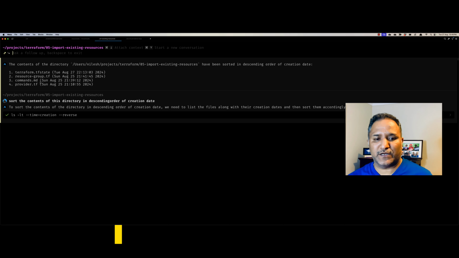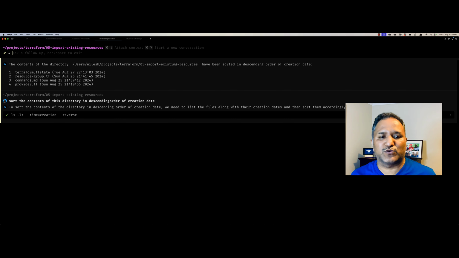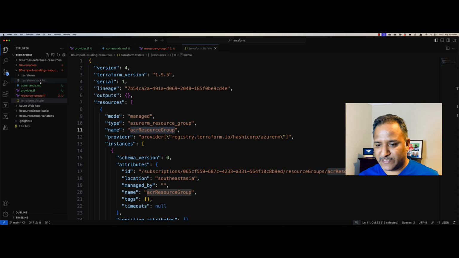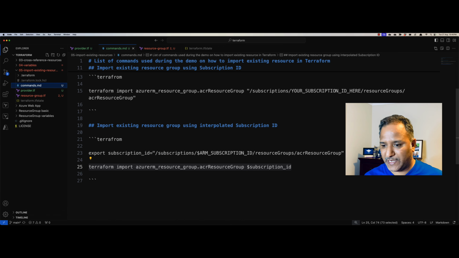I work quite a lot with creating infrastructure in Microsoft Azure, or I work a lot with Azure CLI, and sometimes I don't want to expose my subscription ID, for example. So in that case, let's try to ask a bit of a complex question. I want to create, let's say, an environment variable. In my Terraform series, I have the need to create this environment variable, which is named as ARM subscription ID